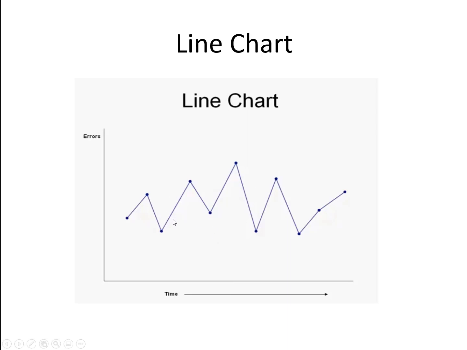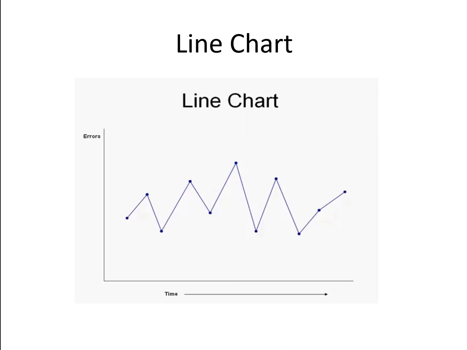So basically this is just a line. From a line chart you wouldn't be able to tell what is good and what is bad. This is just visually showing you what's going on. On this day it's very low, then it's going up, then it's going down. But with this data you wouldn't be able to use it for prediction, to say something, or to decide what is good and what is bad.